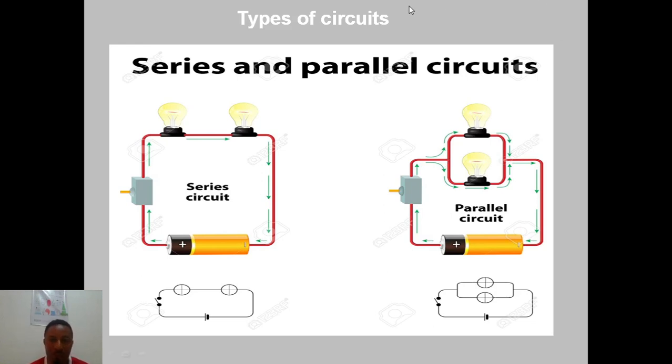So in this case, we have two branches. We have this one and this one. This kind of arrangement here is called a parallel arrangement, while the previous one, on the left hand, is called a series arrangement. For a parallel arrangement, the components are kept side by side. Did you notice that? If I draw a straight line, they are parallel to each other. It has more than one branch